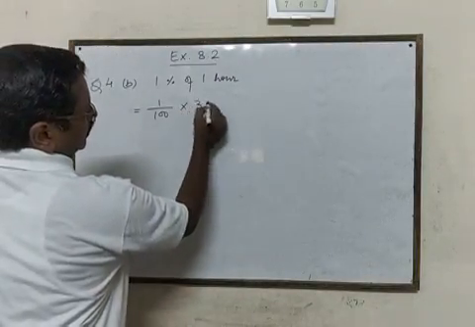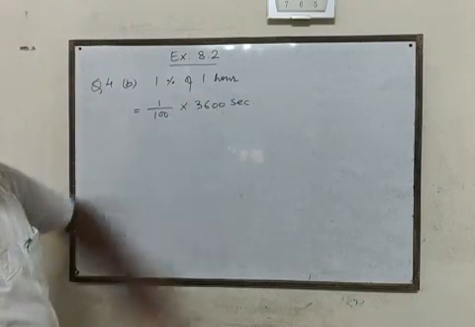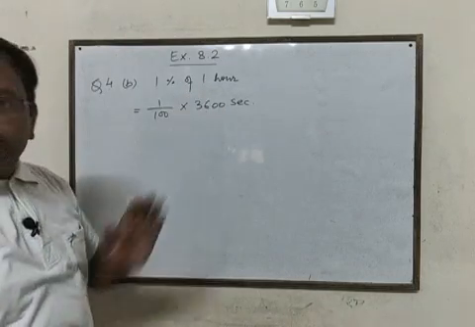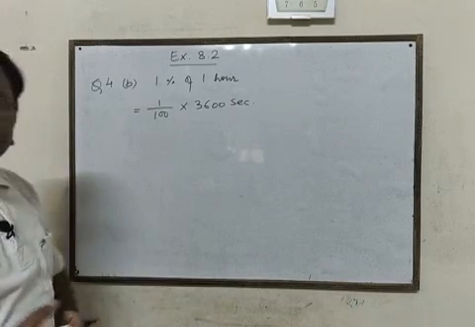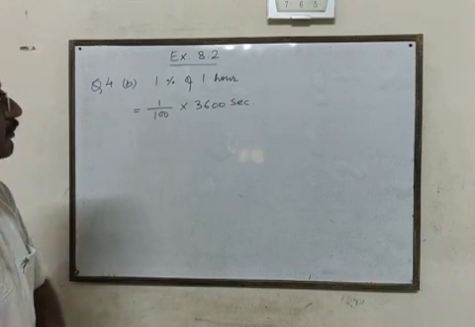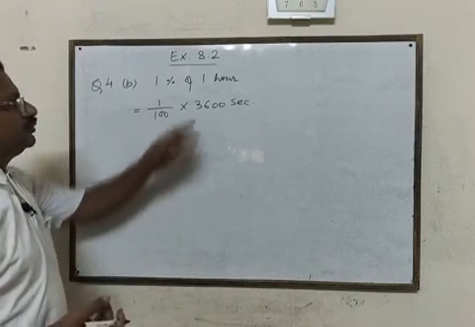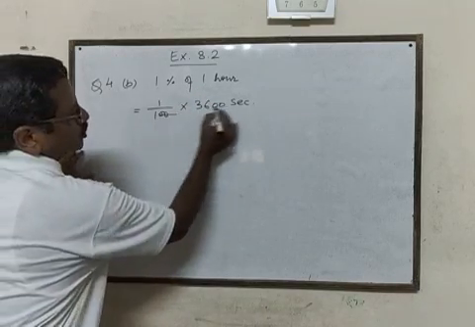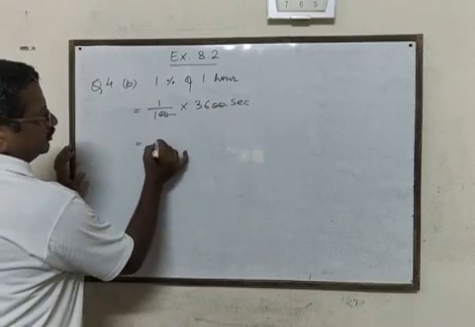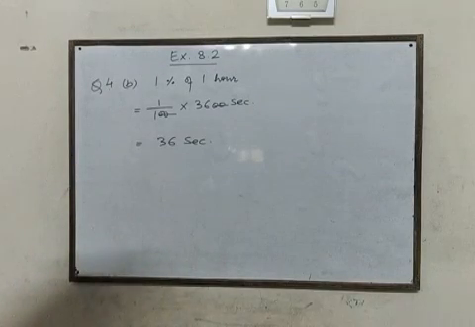So I have made it 3600 seconds. In 1 hour 60 minutes are there and 3600 seconds are there. So it is up to you. You want to give the answer in minutes or you want to give the answer in seconds. I found that in converting to seconds it is easier, because 20 will be cancelled by 20 and this will be 36 seconds. So you can give the answer in minutes also, because it is not specifically mentioned in the question